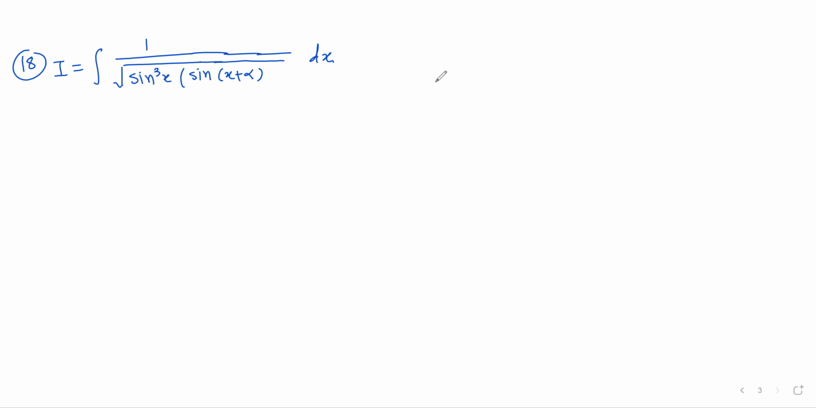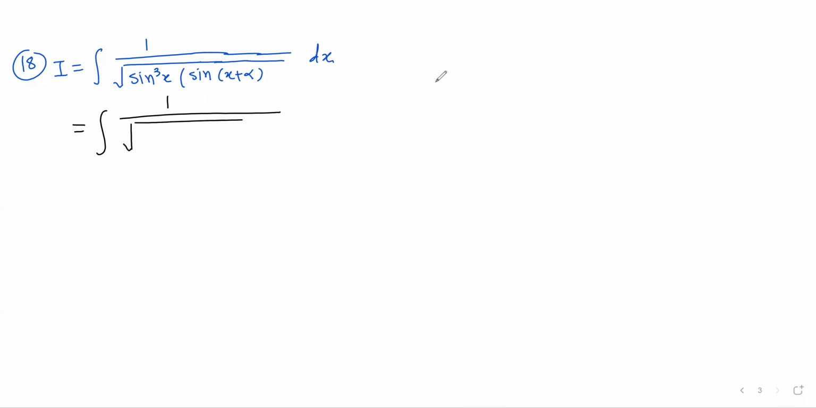Now first, consider only the bracket, but in the bracket there are two terms. The first one is sine cube x and the second is sine of x plus alpha. We try to remove sine cube x out of the square root. If it has a power 4, the whole term comes out from the square root. So we are multiplying and dividing by